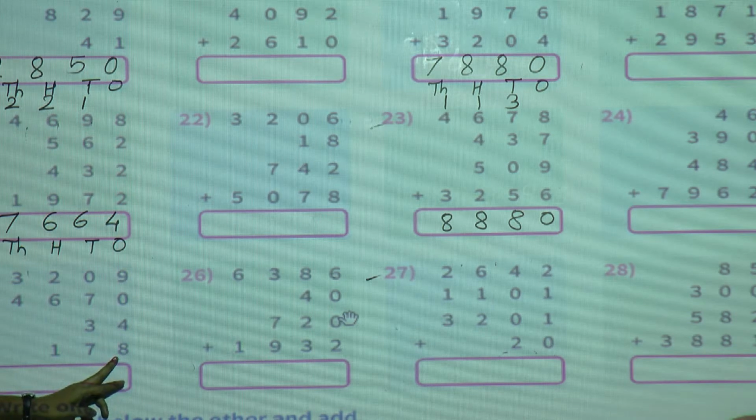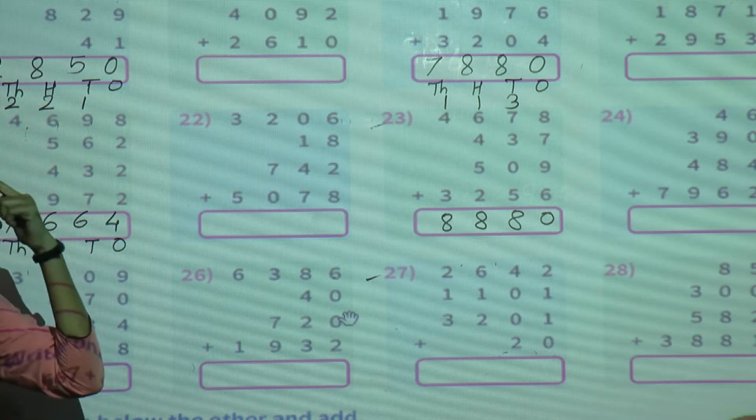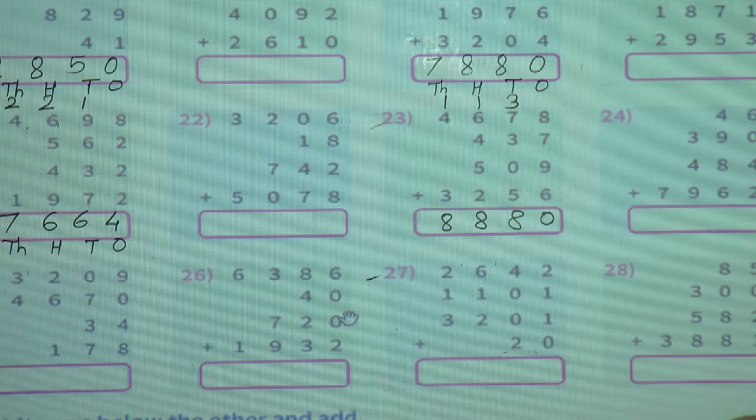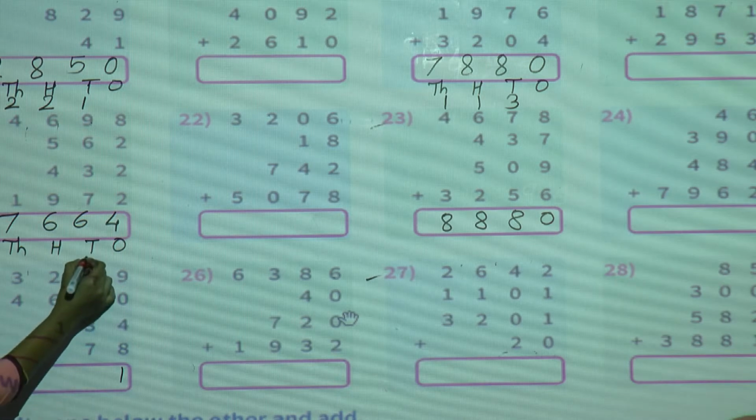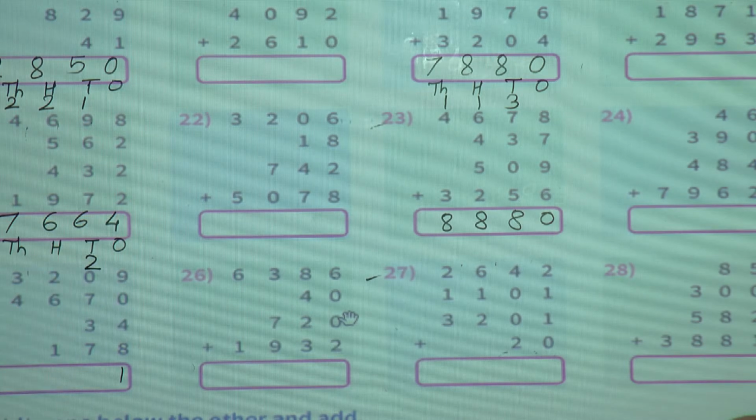13 plus 8. Keep this 13 in your mind and show your 8 fingers. After 13 count 8 fingers. Yes, 13 plus 8, 21. Now 21 ones. 21 ones means what? 1 one and 2 tens. So this 1 we will write at the ones place and this 2 we will give as a carry to the tens place.